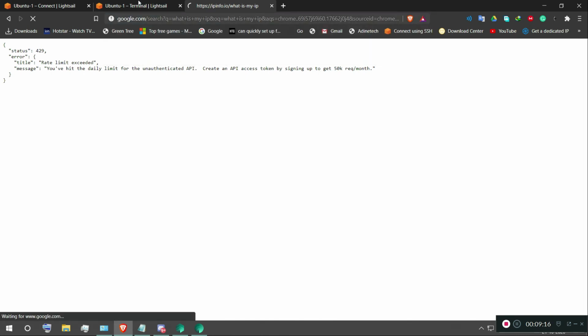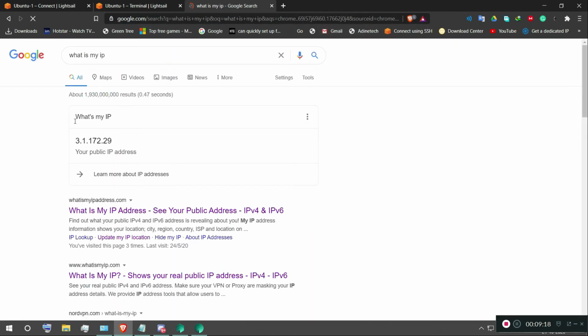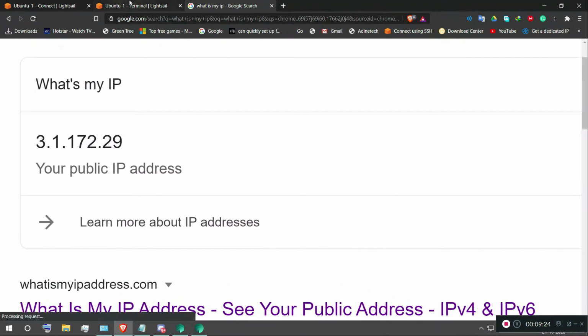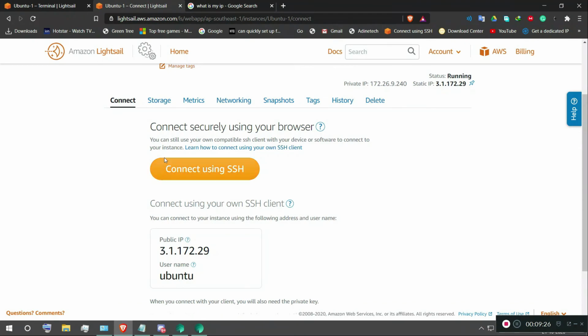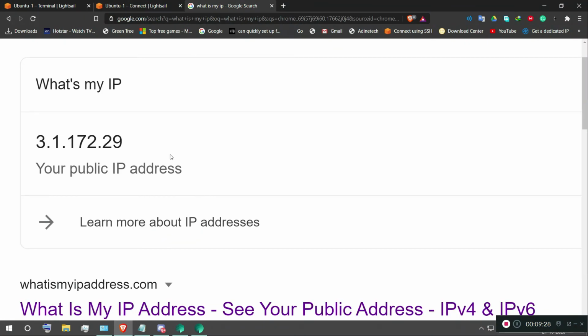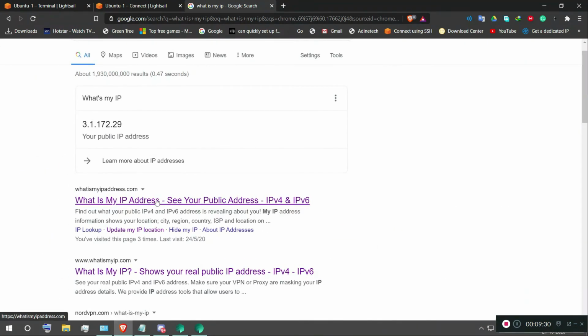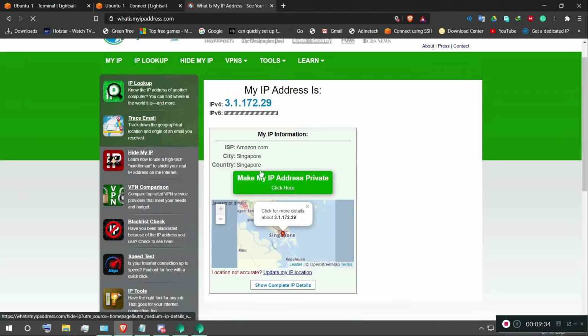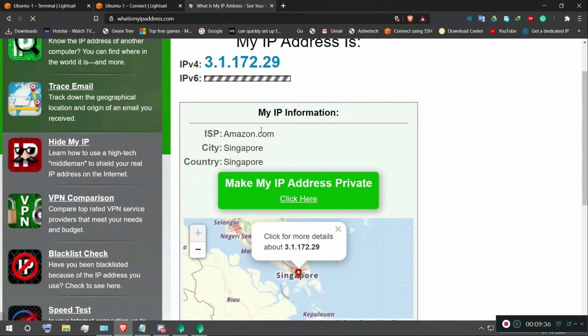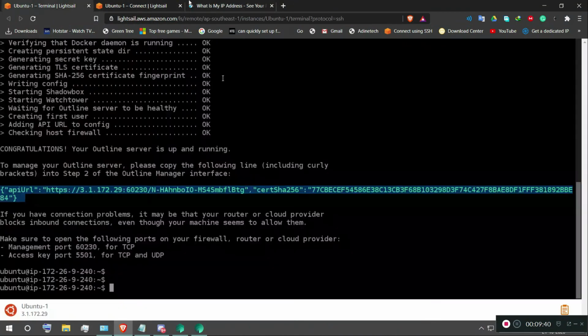Now enter. Here, see, this is my public IP 3.1, and my Lightsail IP, both are the same. Now let's open this, what's my IP. This shows us Amazon.com, city Singapore. I selected a Singapore instance, and it's showing the proper address.